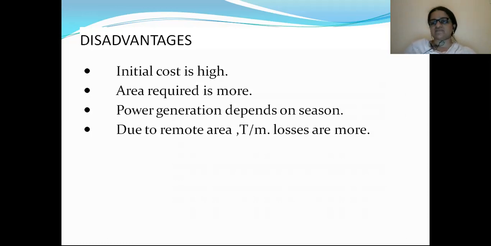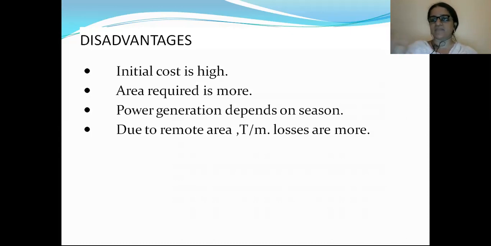But suppose the river on which this dam is constructed has huge floods come into that area, or the level of water stored in the dam has crossed its limit, then definitely there will be a chance of the dam collapsing. If that happens, it will be a major loss for us. Why? Because we have put in a lot of initial cost for this. Running cost is not there, but the initial cost we have put in is very high, and it will take some